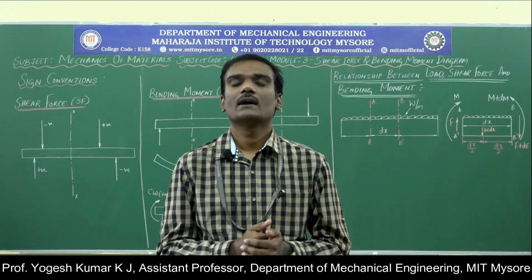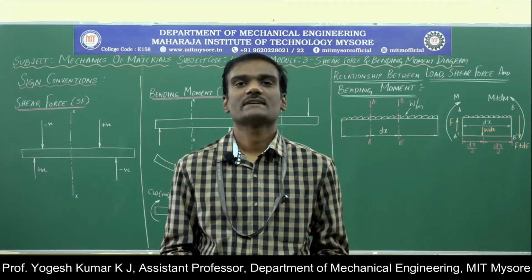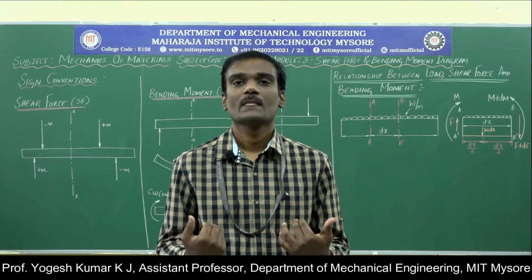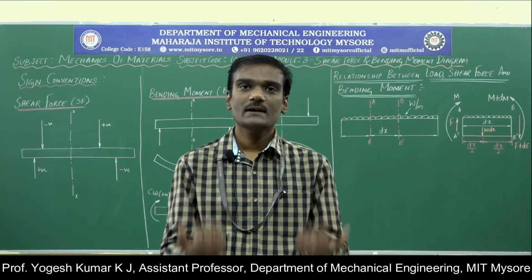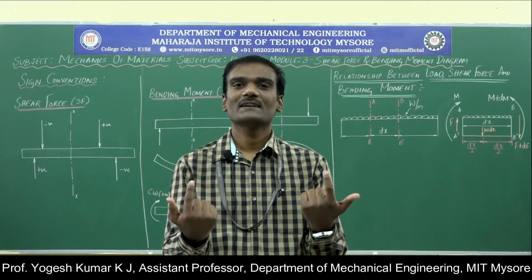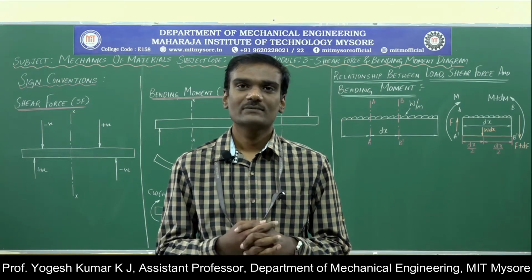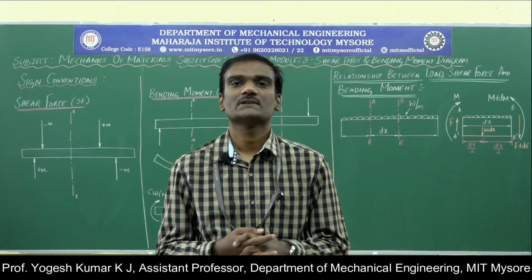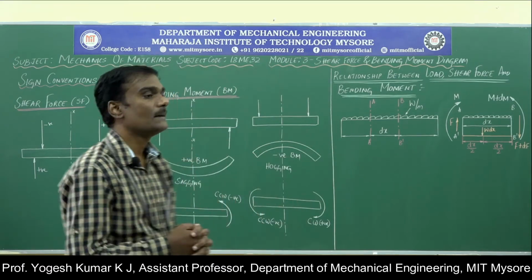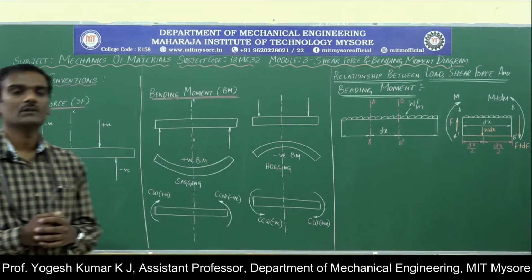We may take the forces acting upwards as positive, and the forces acting downwards shall be negative. This is one thing that I am assuming. The reverse is also possible. I can take the forces acting downwards as positive. When I take that as positive, the forces acting in the upward direction will automatically become negative. So this is a simple rule that we have followed in the previous sessions or previous modules. On the same grounds, we are supposed to follow some conventions in our bending moment and shear force calculation also.